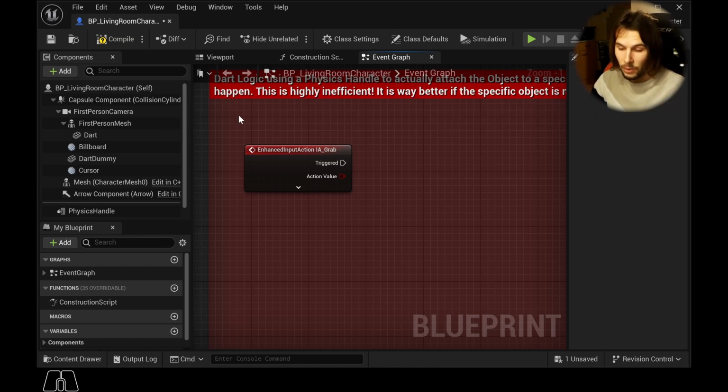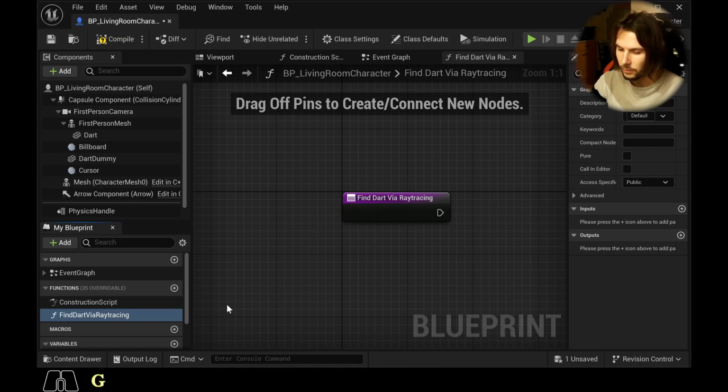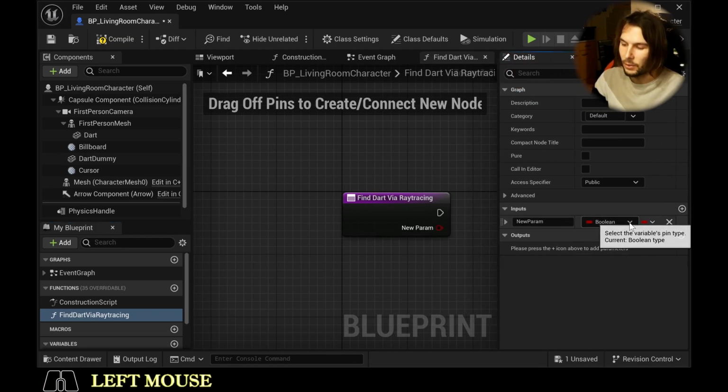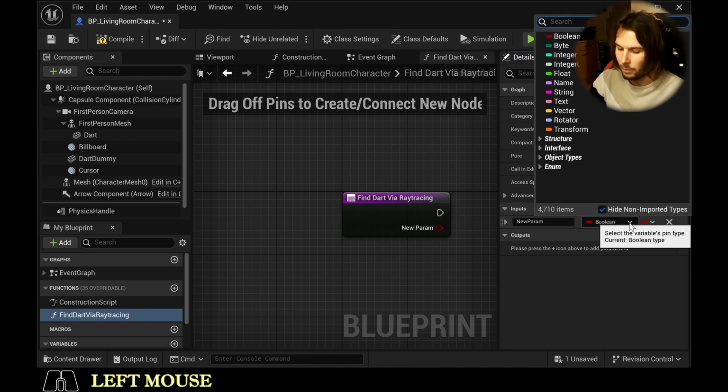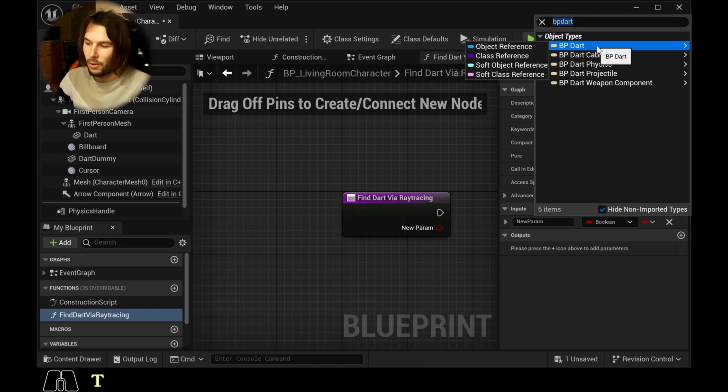To do so, let's create a function together. So we simply click onto the plus here. Then we call this find dart via ray tracing. And we also have to add an input here. And this input is something very specific. I haven't shown you that before, but you cannot just define simple inputs such as Boolean variables, but you can also define blueprint inputs. So we just search for BP Dart,